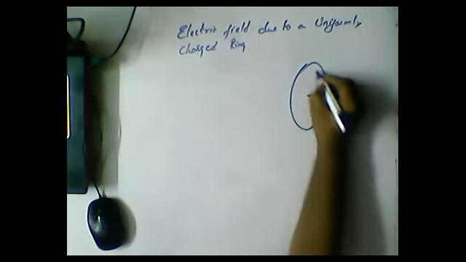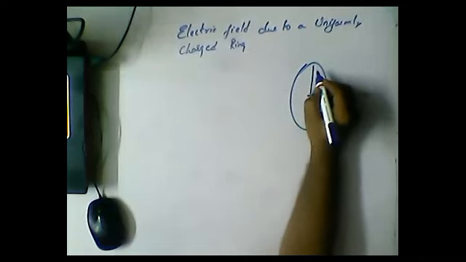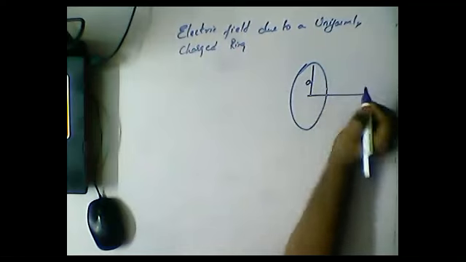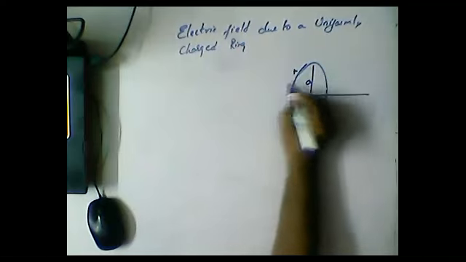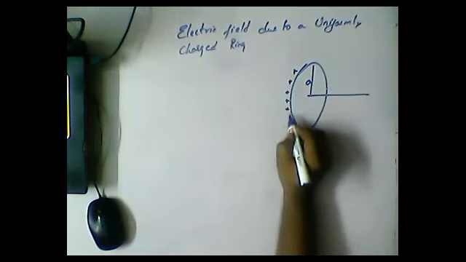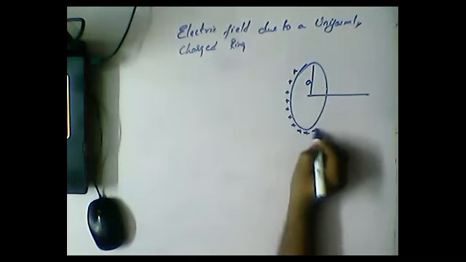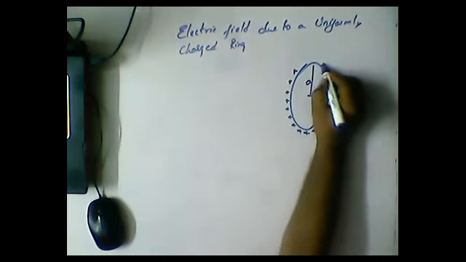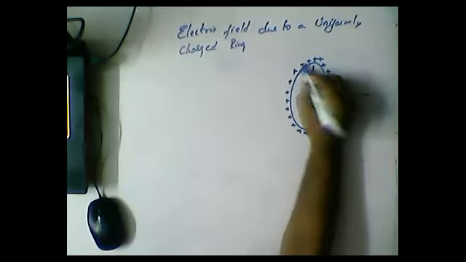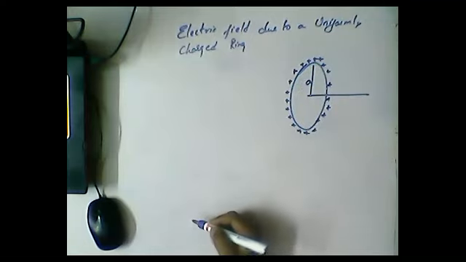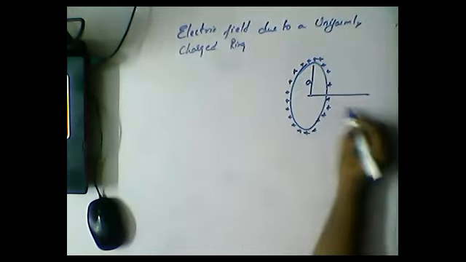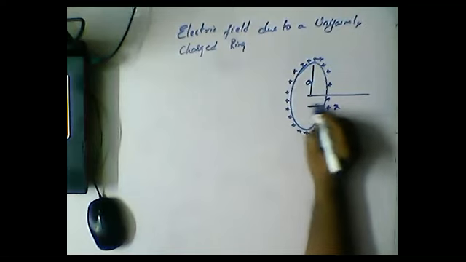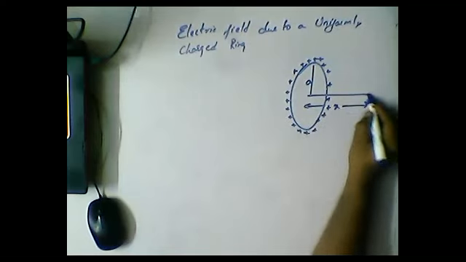Okay, now here the radius is how much, guys? The radius I'm considering as A. Okay, so here the radius is A, and the charge is present throughout the ring like this. Now this is the charge. Now I'm considering a point P at a distance of x like this